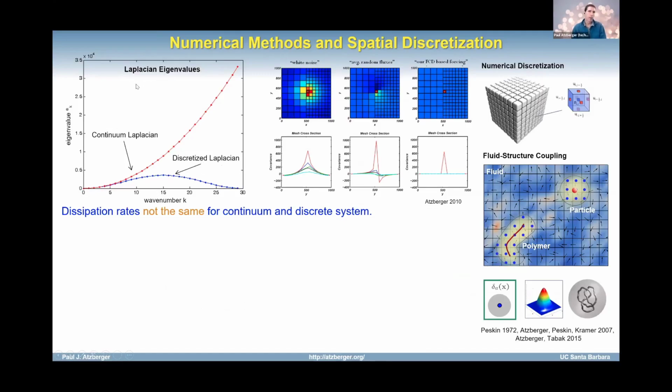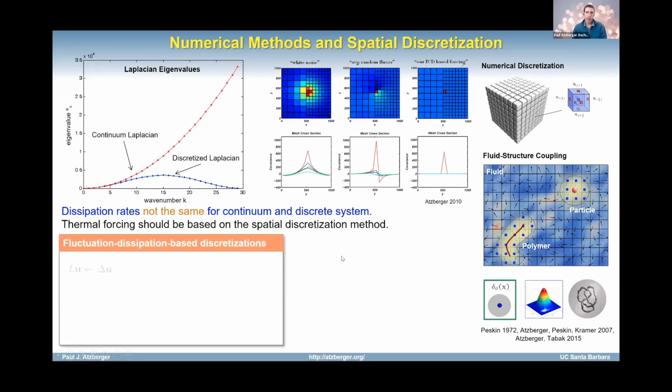And so this is just showing vertically the eigenvalues of the Laplacian, which is kind of well known in CFD, that you will get less dissipation if you use something like central differences to approximate the Newtonian stress relative to the continuum mechanics. Essentially, because of an aliasing artifact, if you do central differences, you'll find that in Fourier it is essentially like the cosine of a wave number, and for the continuum Laplacian, right? You're going to have something that scales roughly like the wave number squared.